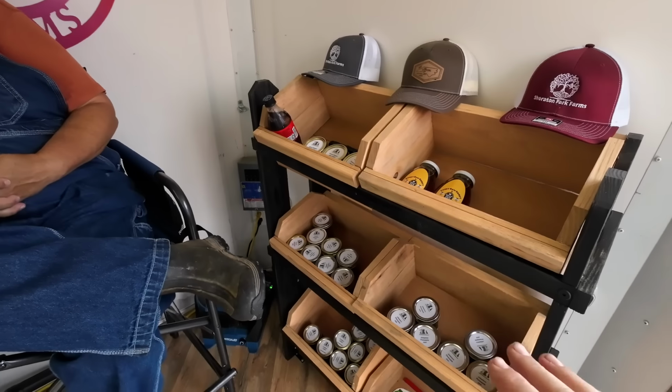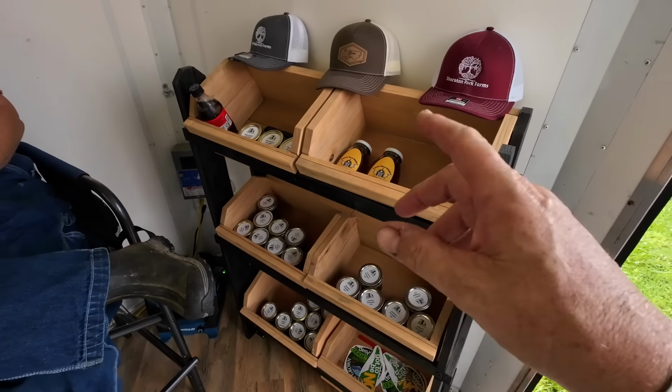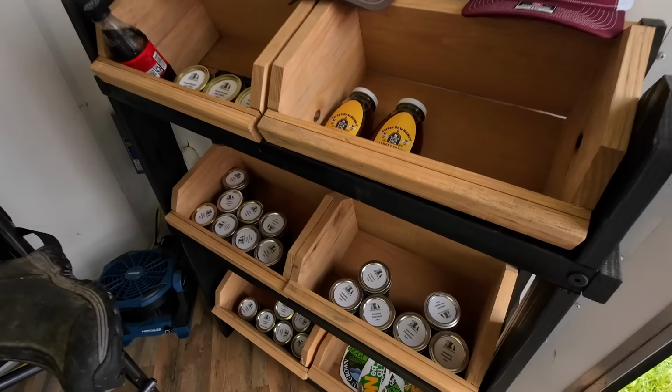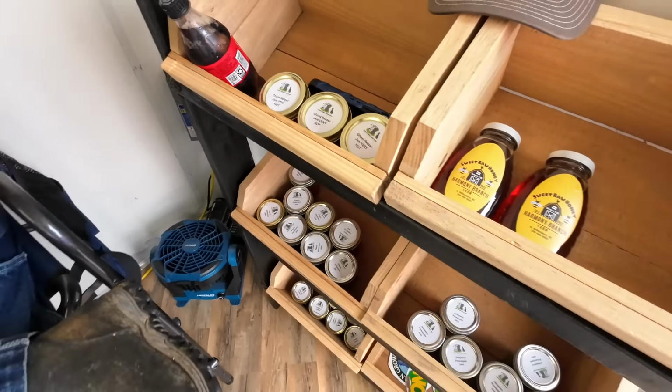But anyway, we've restocked on some of our jams and jellies from our friends Kevin and Brandy over at Gypsy Ridge. Still got plenty of honey, and we still got plenty of granola. But these jams and jellies have gone really good. We're carrying some pineapple jalapeno, cowboy candy, peach habanero, and there's a new one, Ghost Reaper jam, very hot. That comes with a warning label. But we enjoy supporting other people and helping to sell some of their product too. It gives our customers an additional